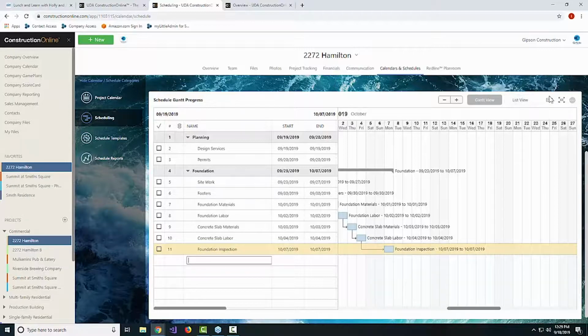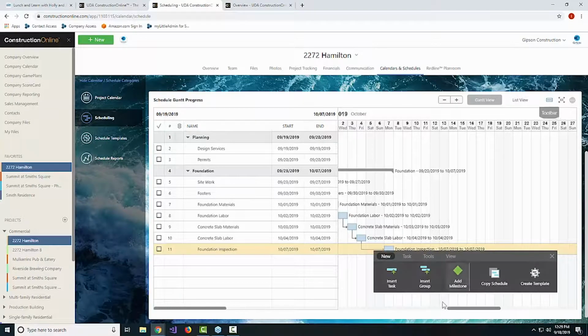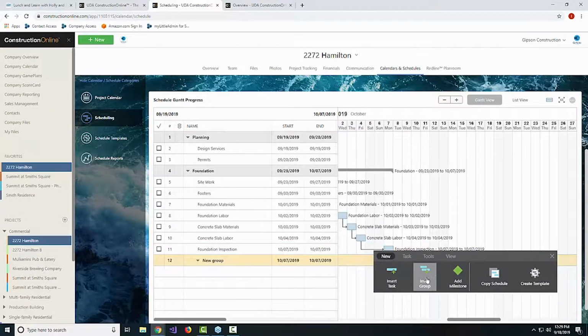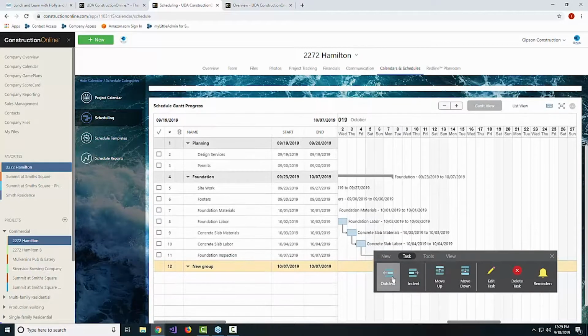So here I think I'm going to do a new group. Ted is my framer, so we'll come back to our trusty toolbar. We'll insert a group, and looks like we want to push that out just a little bit. We'll call this framing, and then we'll add a couple of additional tasks here. So we'll say framing materials,